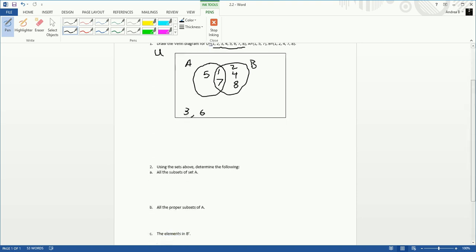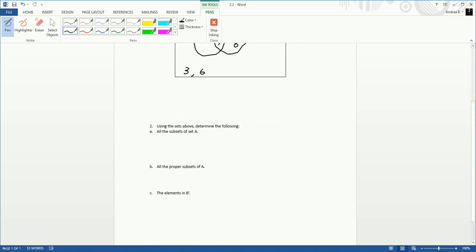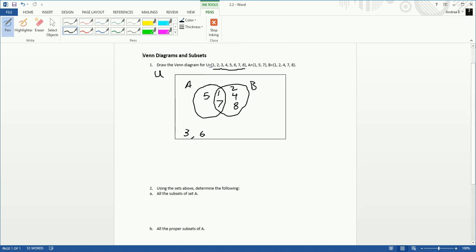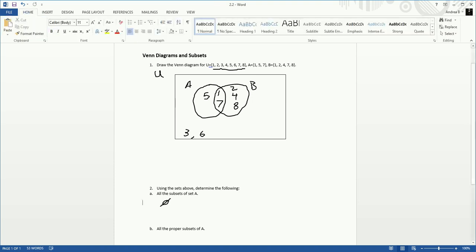For part 2 here, using that set that we just drew, determine the following. So for part A, we want all the subsets of our set A. So all of our subsets, remember subsets are any portion of that set A. So all subsets have the empty set as a subset, so we'll have that empty set symbol. And then I will type out the other ones here. Remember, it's also any portion of that set. So here we'd also have